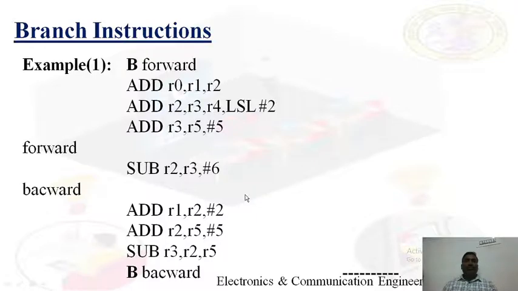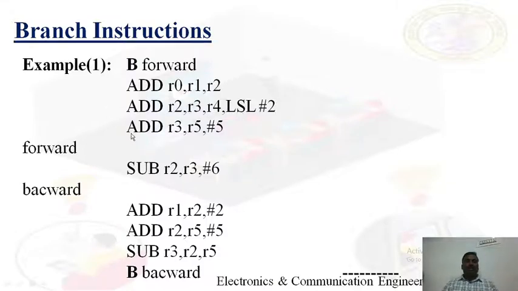Okay, now with the help of this simple example, you can understand the branch instruction, that is B, the first instruction. So far we have studied B, BL, BX, BLX. B means branch, BL means branch with link. So there is a role of the link register also. In B, only the PC has a role, but in BL or BLX we have to use LR as well as the PC registers, that is the link register as well as the program counter register.